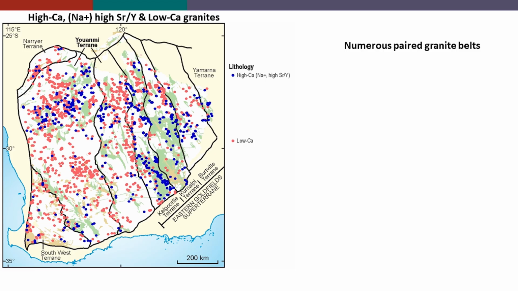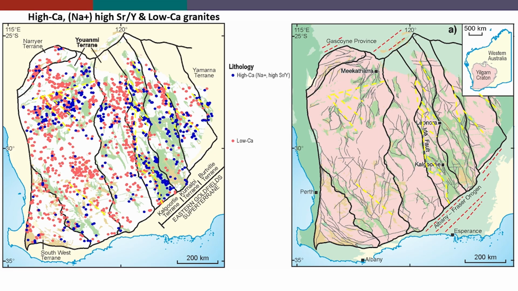A lot of contacts between linear outcrops of the high calcium granites and the low calcium granites, because the high calcium granites are associated with greenstone belts. These paired belts are typically along greenstone belts. And we can do a bit of a linesman job on this, a bit of shonky linesmanship, and come up with, just highlight, a few of these belts. I've done that in yellow so you can't see them. And then we can